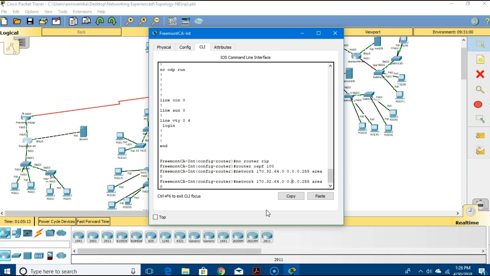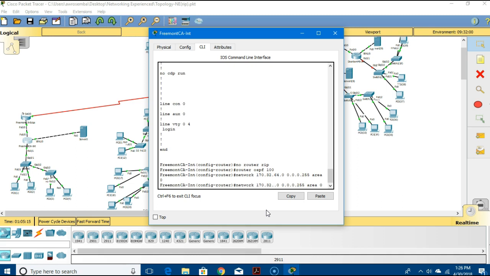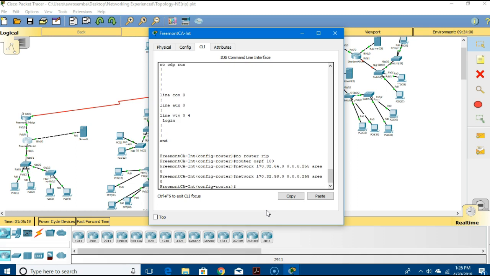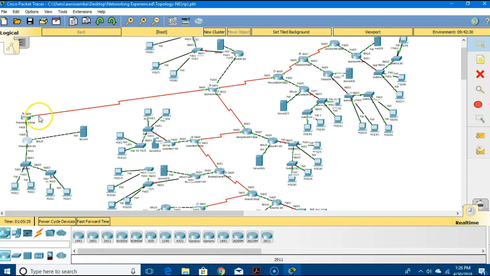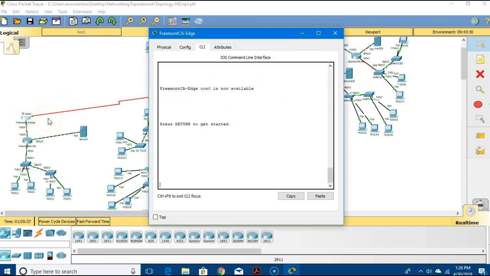So we're going to go ahead and put in 64 and then 58, and we're going to do a copy run start to save this. Okay, so that was our Fremont internal router. If we come up to our Fremont edge,